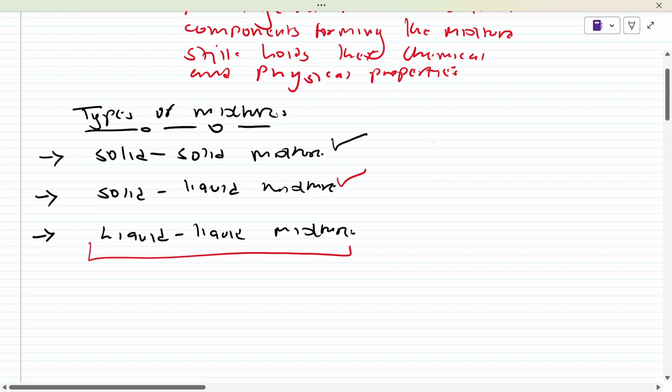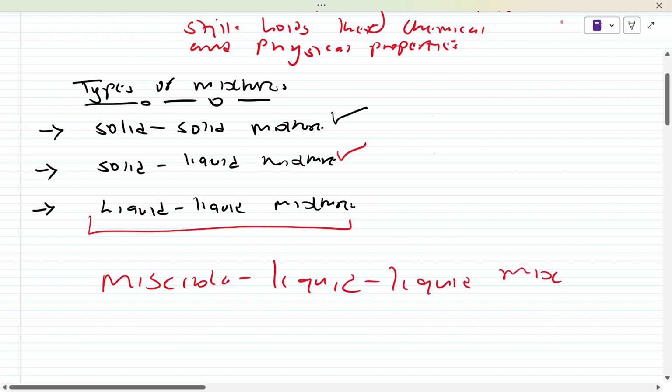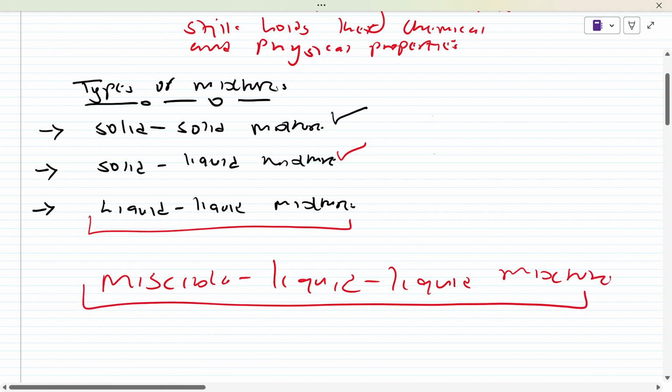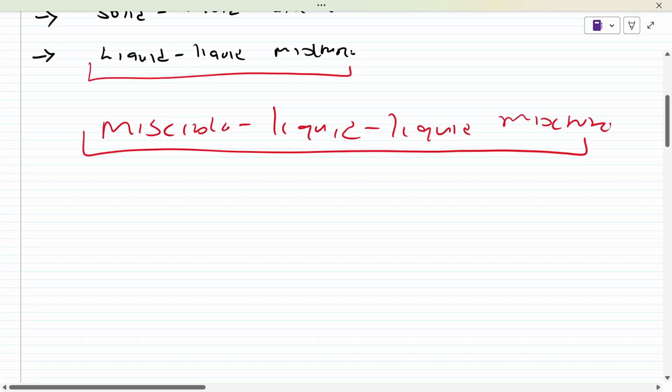We were supposed to dive into miscible liquid mixtures. These are the things that I want us to know. And this is how we are going to handle it. In separating miscible liquid mixtures,